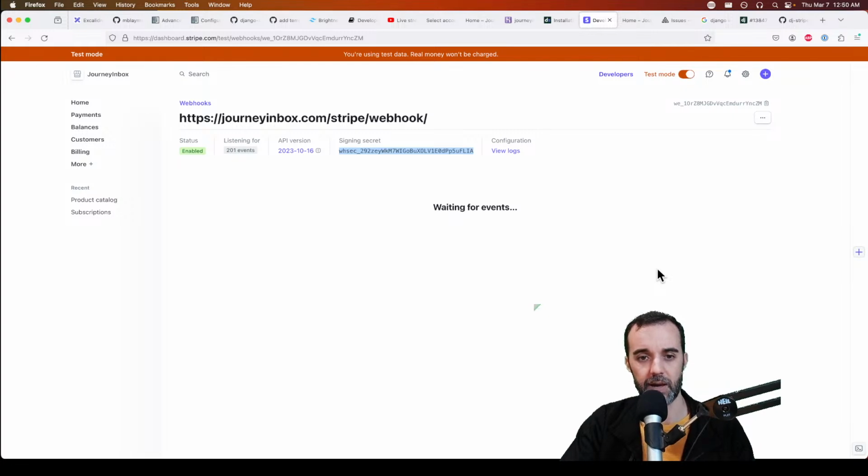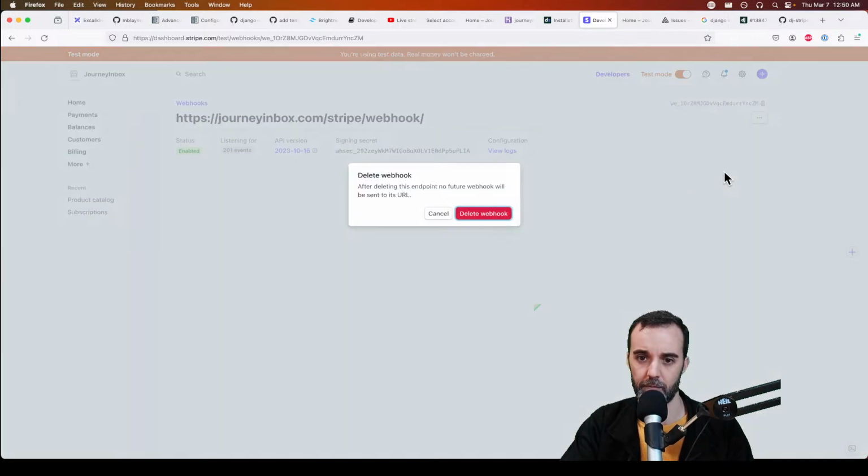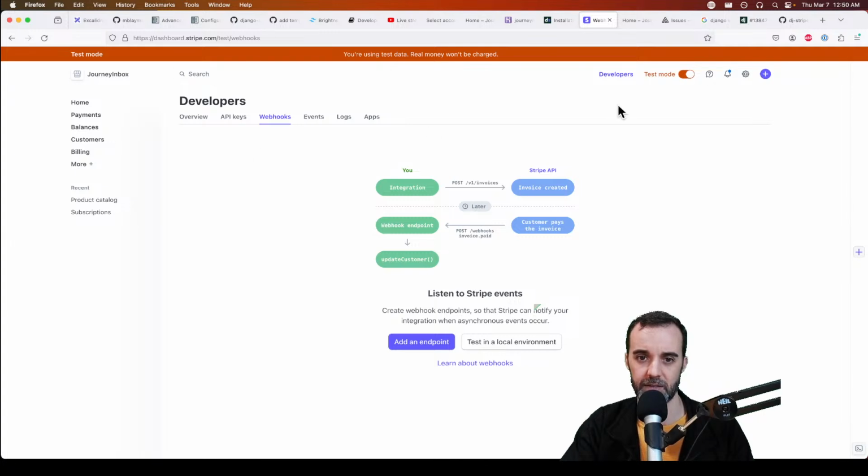Okay, now I want to delete this webhook. After deleting this endpoint, no future webhooks will be sent to its URL. I think that's right. So this is the test version. Okay, I'm gonna be looking at the real one. So I'm gonna put on the secrets for a second, get off test mode. I still see that there is a Stripe webhook there. It's got a 100% failure rate,